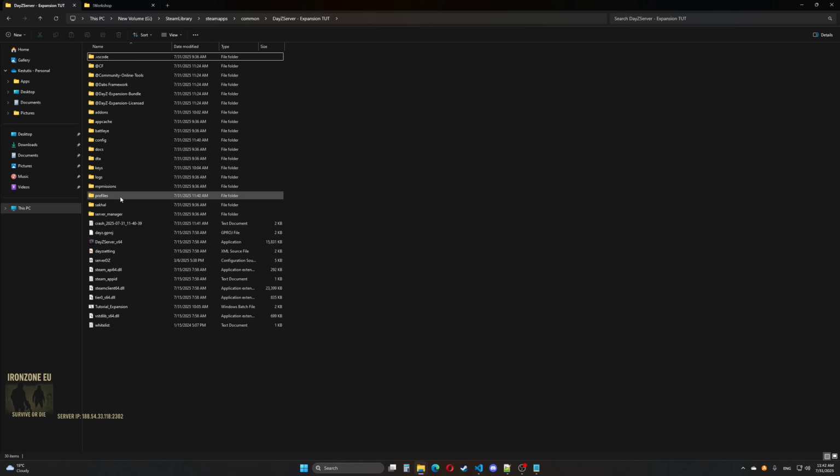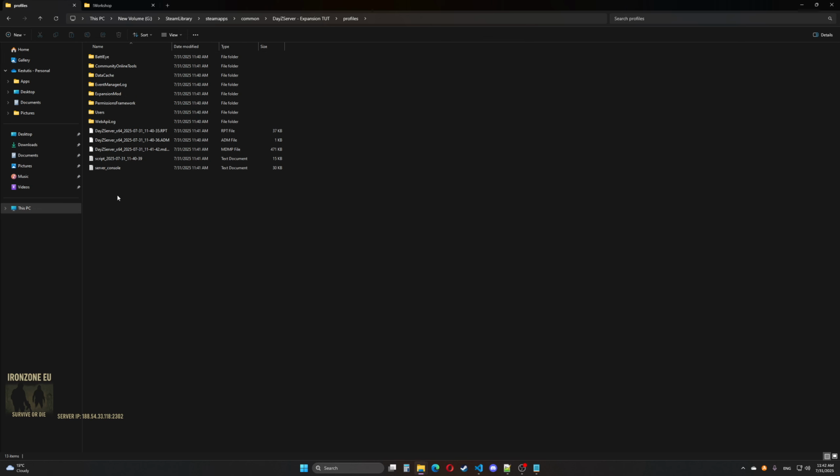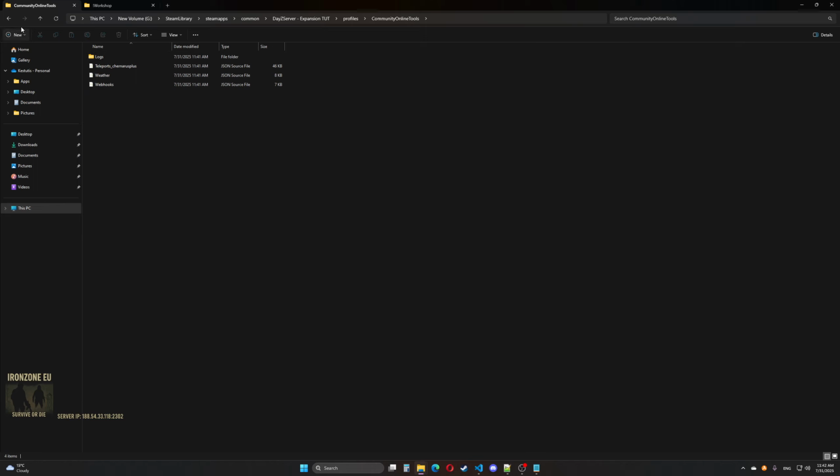Now we have a new folder called profiles. Double click to open. Here you have a bunch of folders, but what we need is expansion mode and community online. In expansion mode you have everything like trader, settings, quests, and so on.